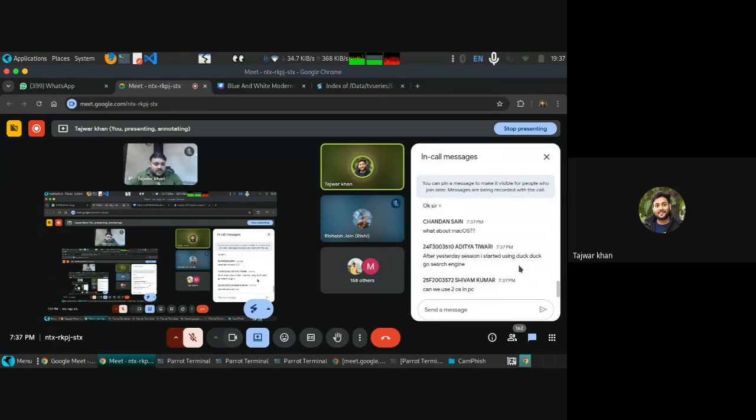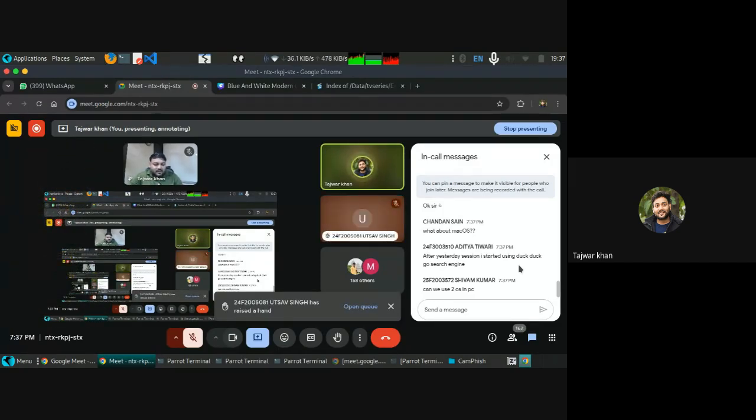What about macOS? Sir, I don't have that much money for macOS. But the terminal we have in Mac is similar to Linux. Most of the Linux commands are similar in macOS as well. Yeah, we can use two OSes. Even in this system, I'm using 4 OSes. Yes, Shivashish, you can use live boot.